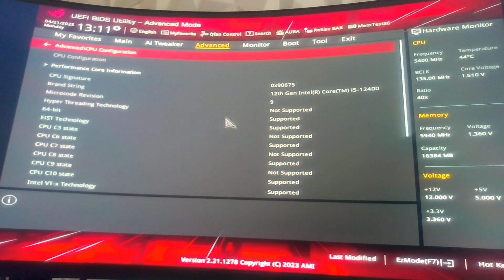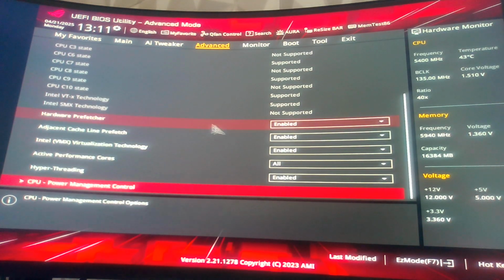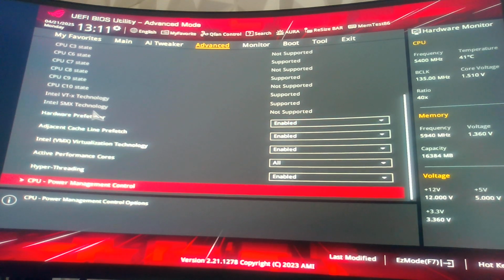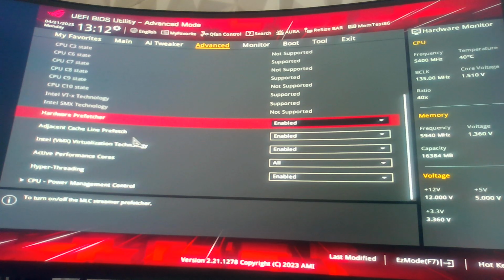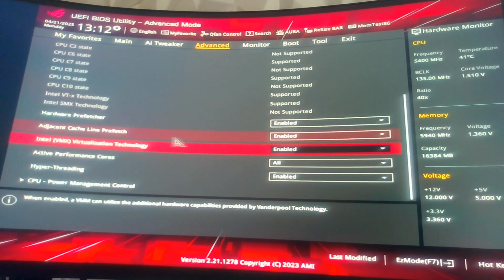CPU configuration. Okay, now we must look here really well. Hardware prefetcher. Okay, activate performance cores, Intel virtualization technology. You can turn them off, but if you want to make some tweaks in Windows 10 or Windows 11,